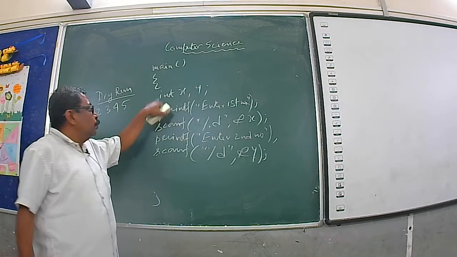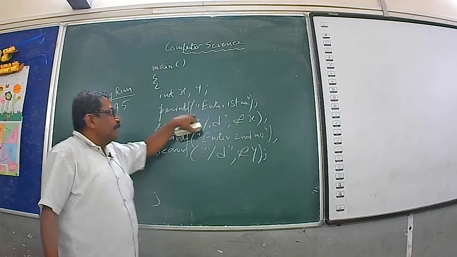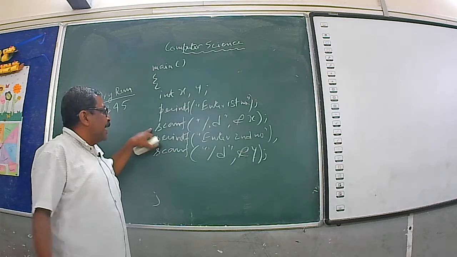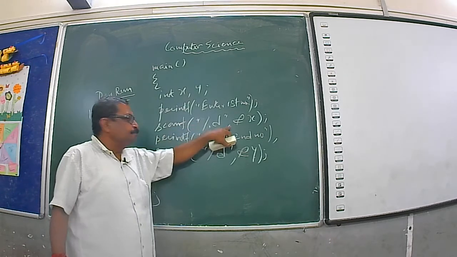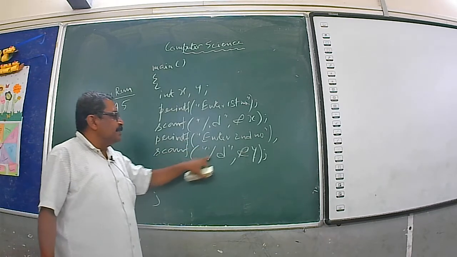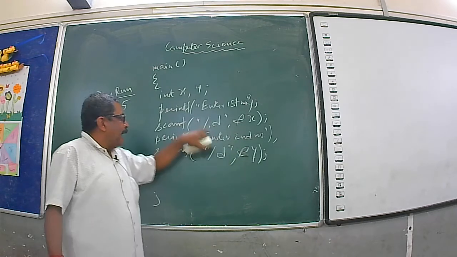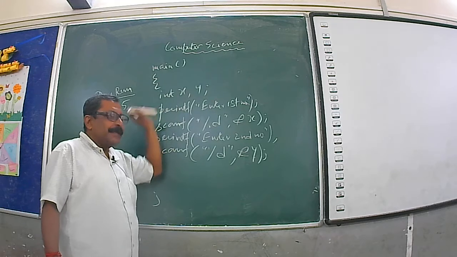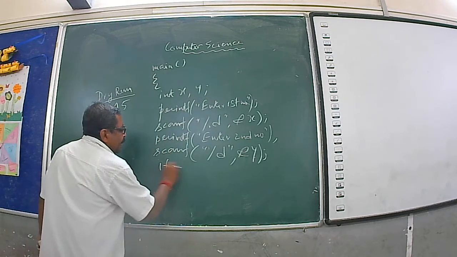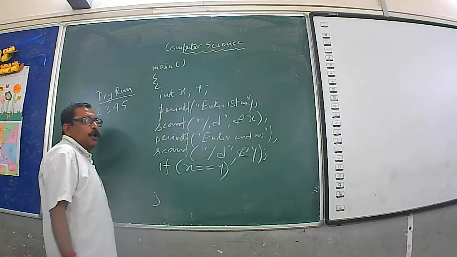Declare two variables x and y, type is int. Printf, enter first number. Scanf, accepting the number from the user, scanf %d ampersand x. Printf, enter second number, scanf %d ampersand y. Ampersand is for the address of the variable, and %d tells the compiler that it is integer type data. Here is the condition: if x is equal to y,